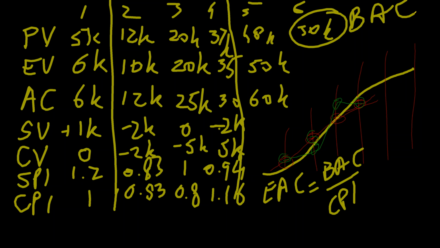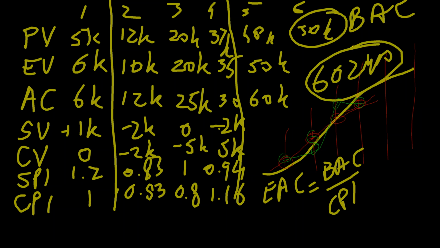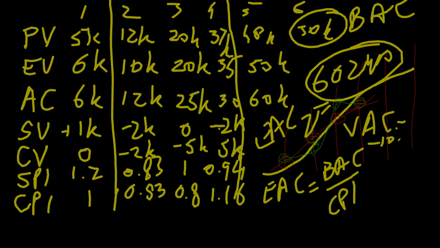60,240, 60240। तो ये हो गया मेरा दूसरे महीने का EAC। व्हाट इज द डिफरेंस बिटवीन BAC एंड EAC? बीएसी और ईएसी के डिफरेंस को कहते हैं वेरिएंस एट कंप्लीशन, विच इज बीएसी माइनस ईएसी। तो इसका मतलब है कि -10,240 मेरी वेरिएंस एट कंप्लीशन आ गई है। ठीक है जी।